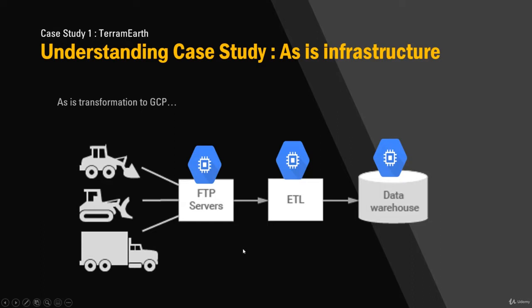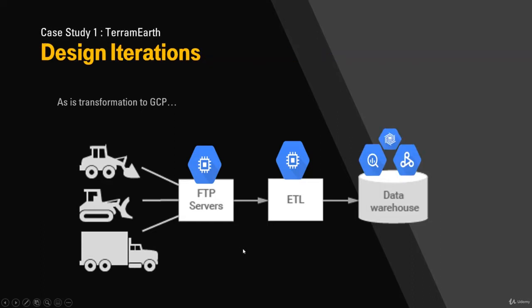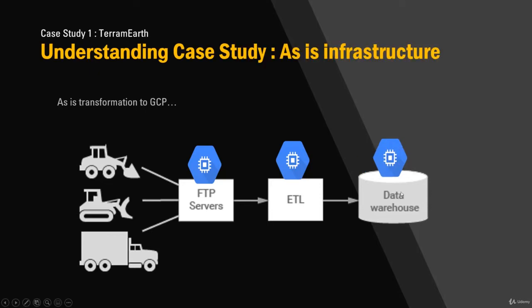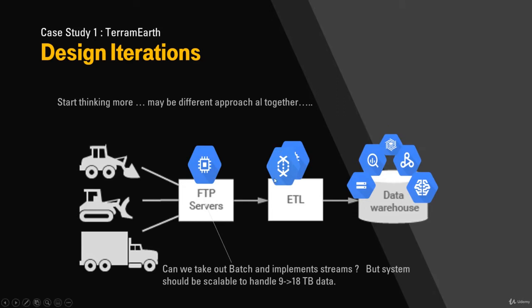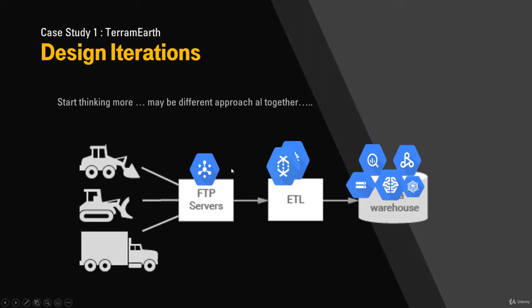If you want to map it to the Google Cloud Platform, and you start with the data warehousing solution, you can map it to Bigtable, you can map it to BigQuery, and to a data analytics tool or machine learning tool or AI tools. For ETL, you have two options. One is to use Dataproc, and the second is to use Dataflow. And for FTP servers, you can use Linux machines, as simple as a virtual machine, and upload the data there. But there is another technology which we want to assess, and that is Cloud PubSub.